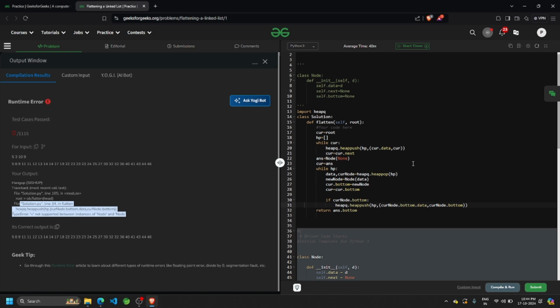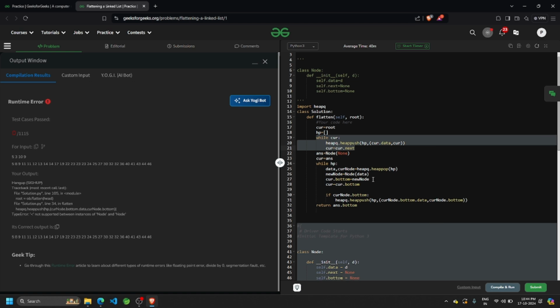This should not actually happen. I don't know why it's happening because the same comparison is being done over here and it's working. But when it comes to this part, still it's not working. Only if the cur node dot bottom exists, only then you're pushing it into the heap. You're pushing cur node dot bottom dot data, and the comparison part will always be